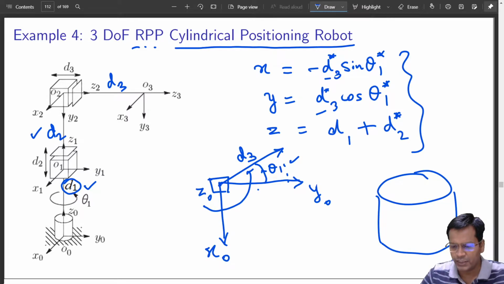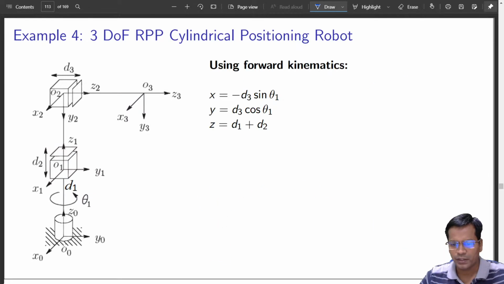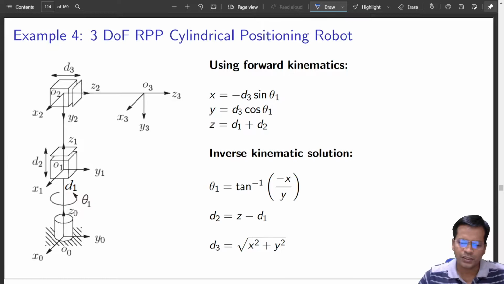So now having these three equations in hand, I would find out the joint variables. What I know in hand is x, y and z, that is, the end effector position is known. I have to find out the joint variables. So these are forward kinematic equations that can be derived trigonometrically the way I did it for simple robots. Otherwise you have to follow the forward kinematics technique, that is a matrix based technique.